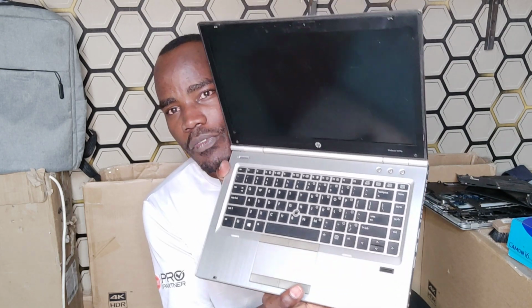Customers ask why most modern generation laptops have a lower base speed compared to the previous generation machines. For example, with me on the table here, I have 3 machines. This is a Core i5. They're the same processor, but of different speed. So this one is a Core i5, and this is a Core i5 with